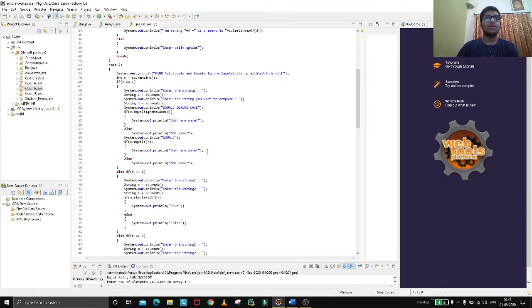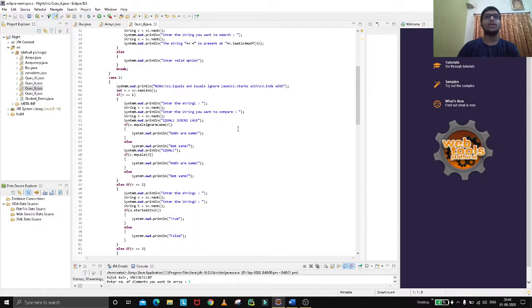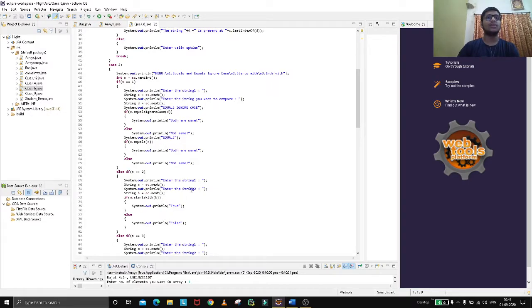Again, in comparing you can also use the startsWith method to check whether string 1 and string 2 start the same way. Like if we provide Delhi and Dehradun, is it starting with DE?